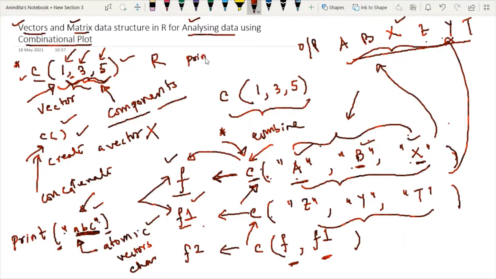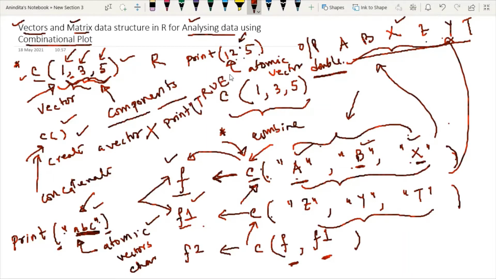Again, if I write print(12.5), this is also an atomic vector, but the type of this vector is double. If I use decimals like 12.5, it will be treated as the double data type in R. And also if I write print(TRUE), it is also an atomic vector, but the type of this atomic vector is logical.